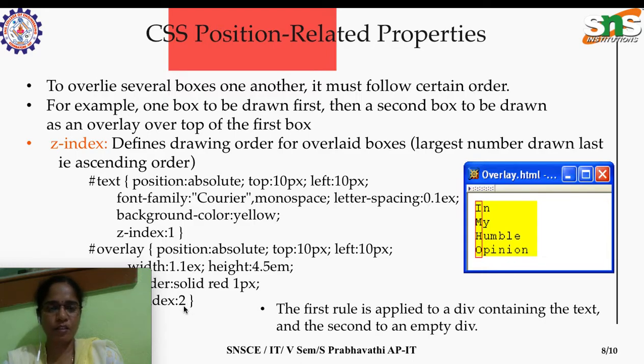That's the concept behind the z-index property. The first rule is applied to the division element containing the text because its z-index is 1, and the second to an empty div element because its z-index is 2. So it follows ascending order of overlaying the boxes one after the other.